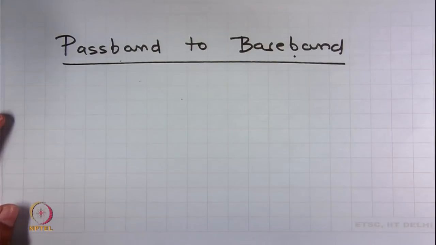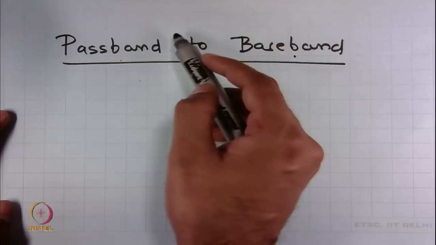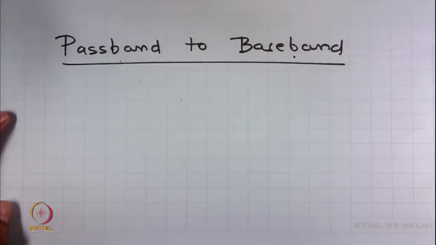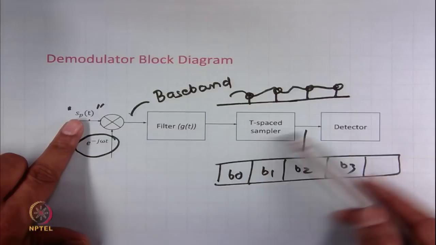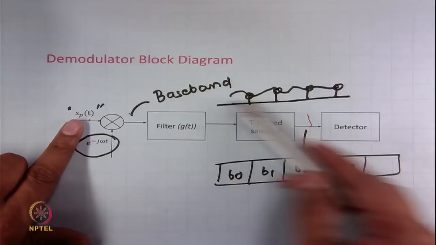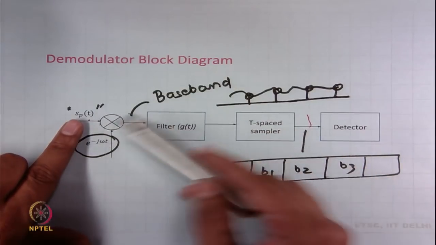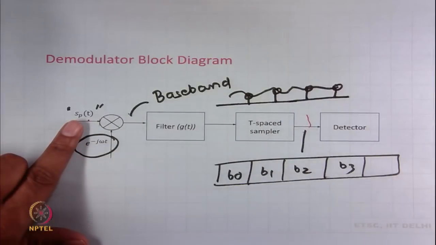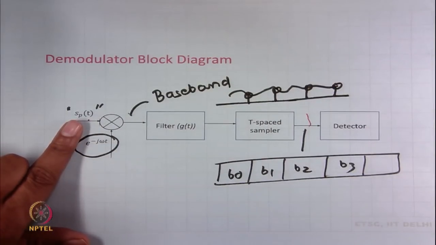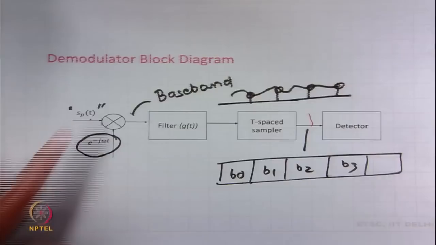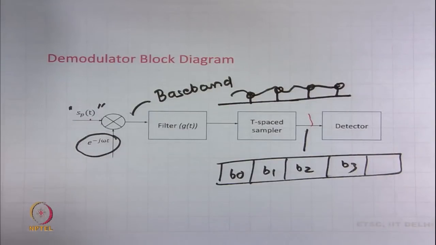Then the question that arises is, can I not do all operations in the passband domain itself? For example, let us go back to this picture of the demodulator that we had. Do I necessarily need to do this down conversion from passband to baseband domain? And the answer is